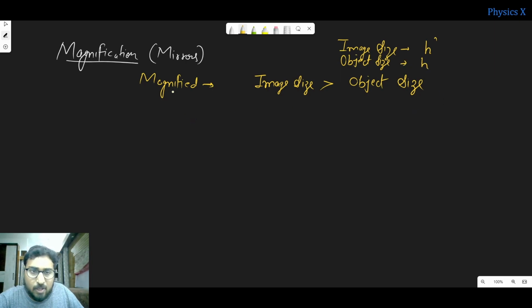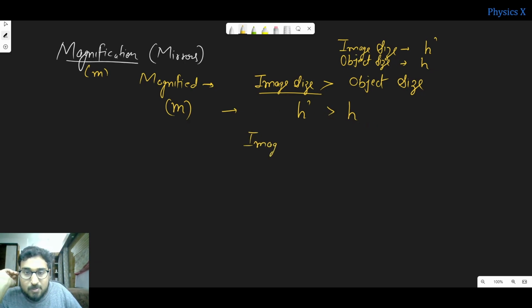And if I denote this magnification by m, then if h dash is greater than h, we call it a magnified image. And if image size is less than object size,